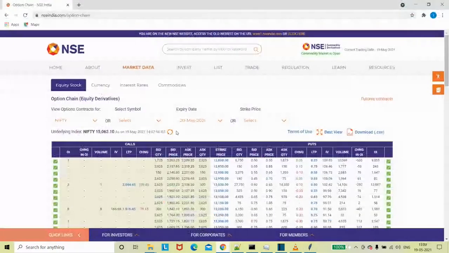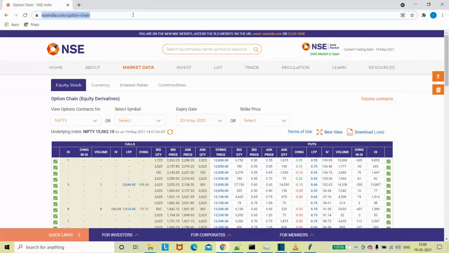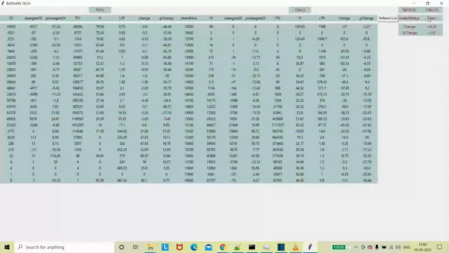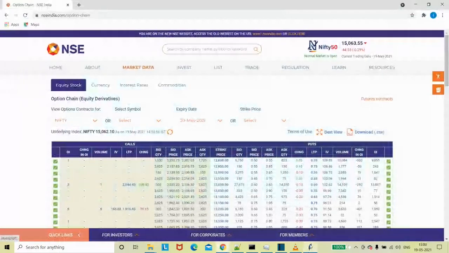So let's see now if the value is the same. No, because I'm not reading it from here. Let me do this. Okay, yeah. So you can see 15063.55, right? So this is the same I'm getting here, right? So it is linked to this one, right?